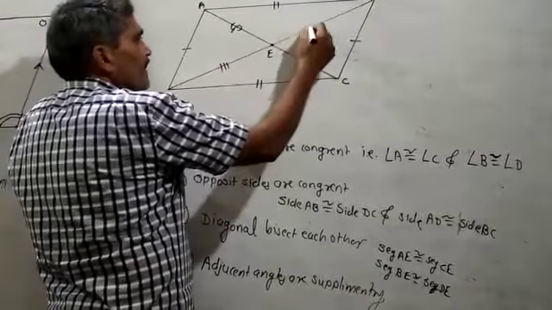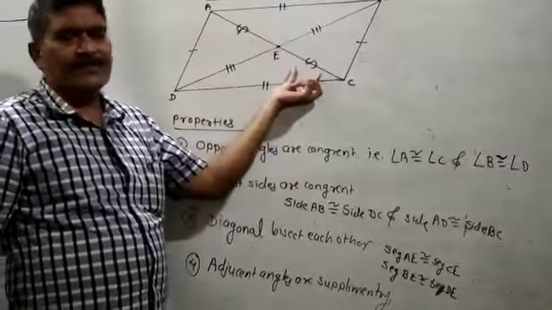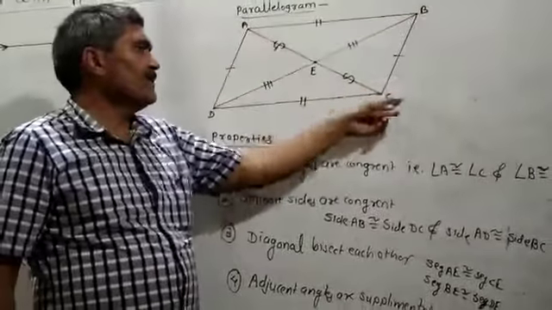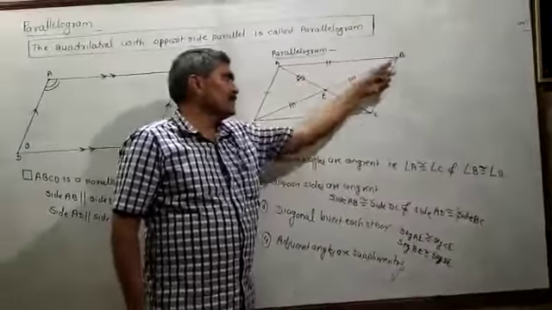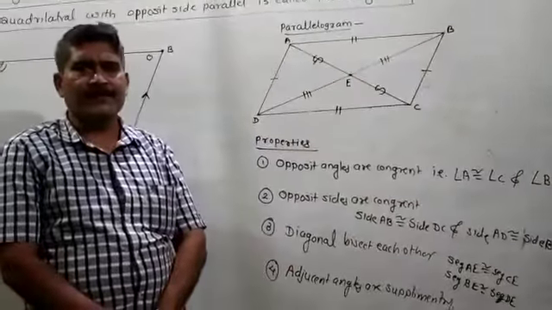This also I will show by the identical mark. This one is 3 line identical mark. This one is also 3 line identical mark. This one is shown by us, this one is also shown by us. If this one is 10, at that time this one is 5, this one is 5. If this one is 12, at that time this one is 6, this one is 6. Means diagonals bisect each other.